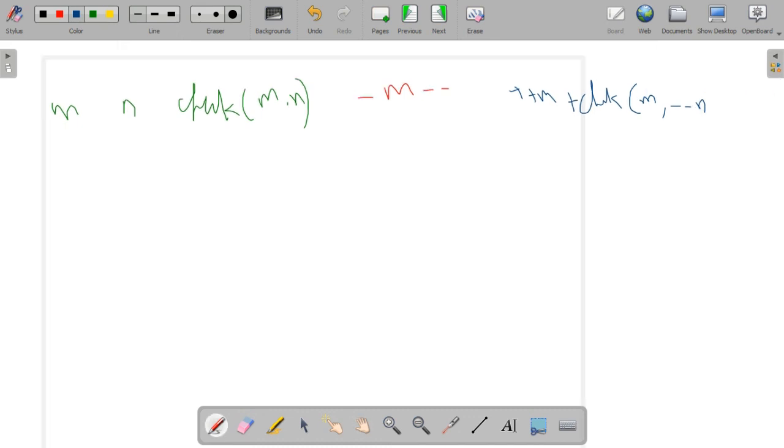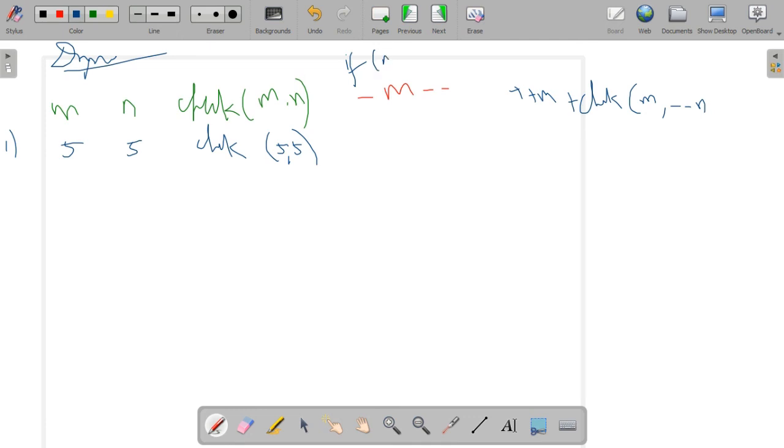So to show the dry run, you have to write like this: dry run title, then write like this. Okay, so first of all, what is the value of m and n? 5. So in the first step, m equal to 5, n equal to 5. So how will we write? Check of 5 comma 5. You should write like this for the dry run, otherwise they won't give the mark. So it will check the condition.